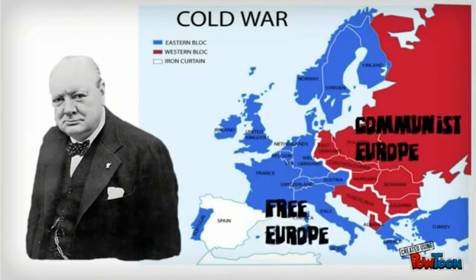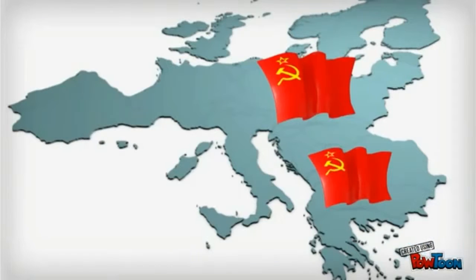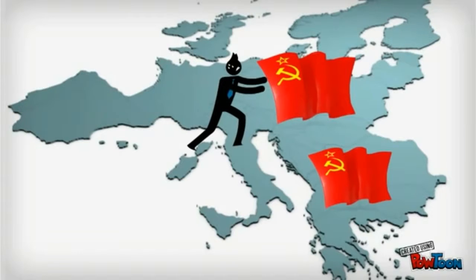Former Prime Minister Winston Churchill coined the term Iron Curtain in a speech. This described the current state of Europe at the end of the war. This term would last until the end of the Cold War and would reflect the division between a free Europe and a communist Europe. Containment quickly became the U.S. policy in terms of communism in Europe.